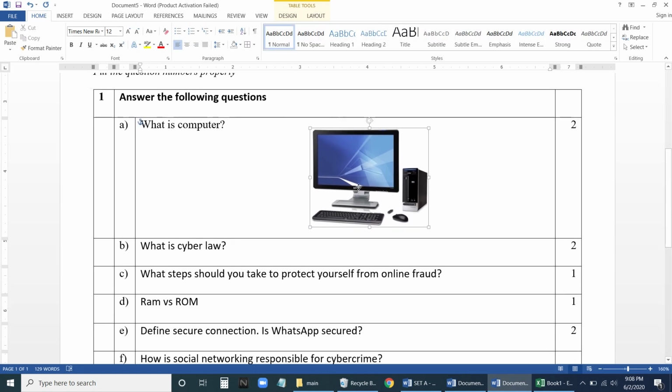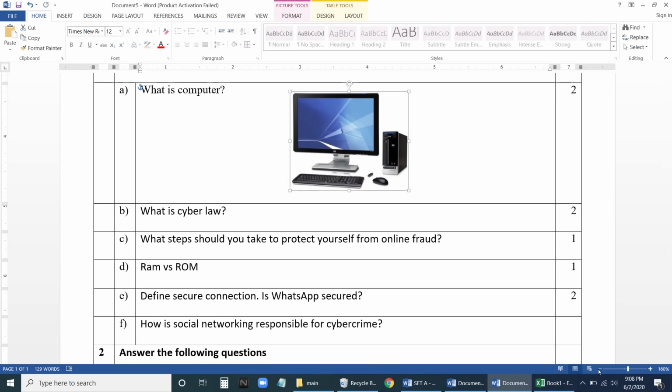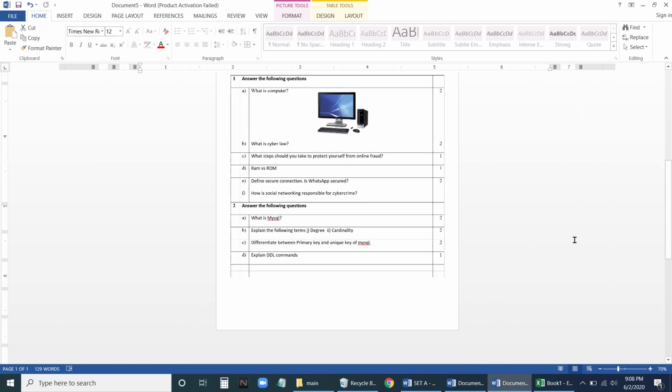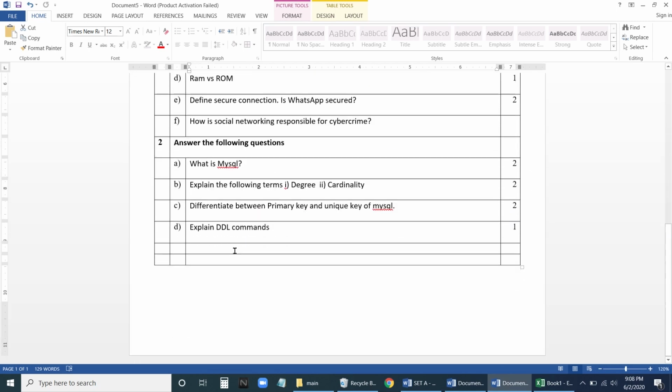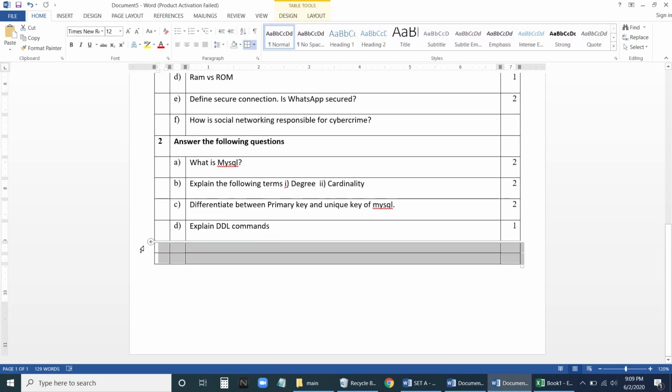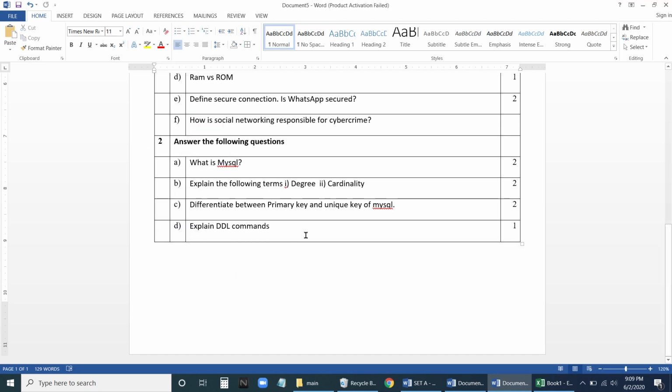Okay. Now let us say I don't want lines to be displayed. Now let me zoom out and I will show you what I mean to say. Now I don't want these two lines, so I can remove this. I can remove these two. Okay, right click, delete rows. Okay, I can delete.